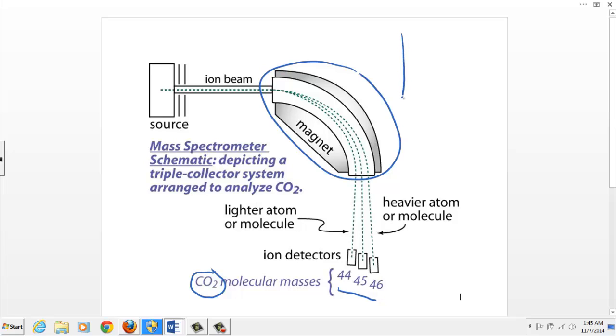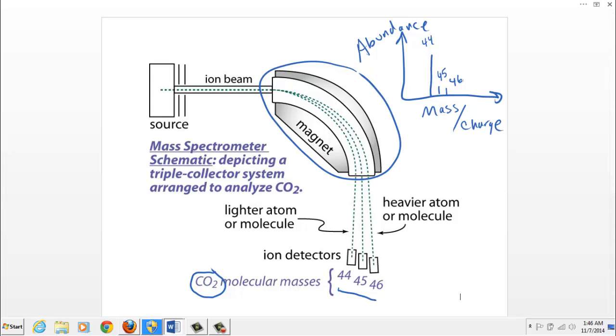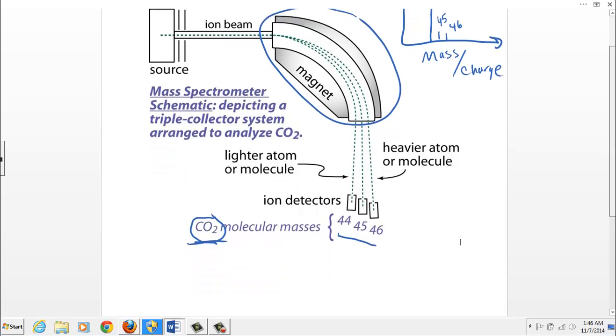Now, our data would actually come out of the spectrometer in a graphic format where we would see the mass-charge ratio on the x-axis, and the abundance, or the quantity or number of ions, plotted on the y-axis. And in this example we might see one line at the 44 mass-charge ratio, and then some smaller peaks, maybe something like this and like this, at 45 and 46. So what's going on here? Why are there 3 different masses for carbon dioxide? Well,